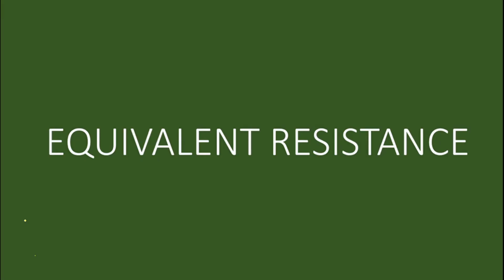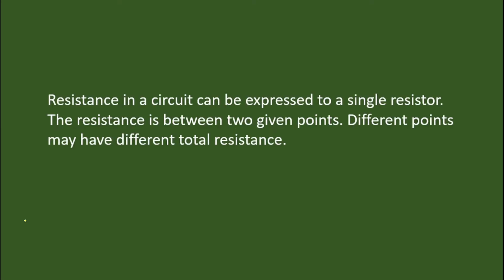Calculating equivalent resistance: determine the total resistance value in a series-parallel connection. The resistance in a circuit can be expressed as a single resistor. The resistance is taken between two given points, and different points may have different total resistance. So it will give a different total resistance value depending on the given points where you take the total